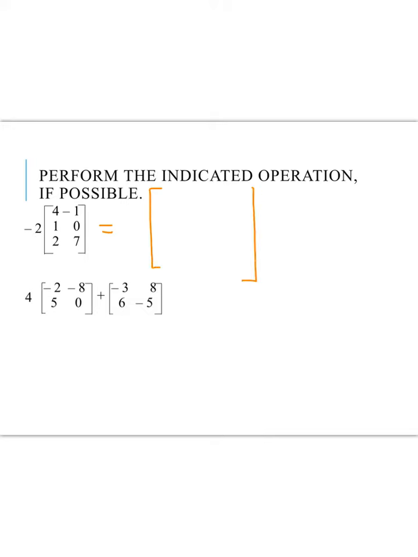So basically we're going to distribute our negative 2 to each element. So we are going to have negative 2 times 4, negative 2 times negative 1, negative 2 times 1, negative 2 times 0, negative 2 times 2, and negative 2